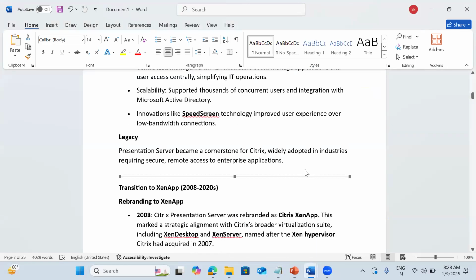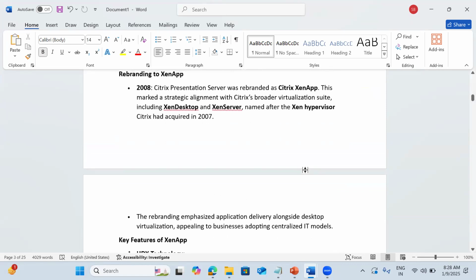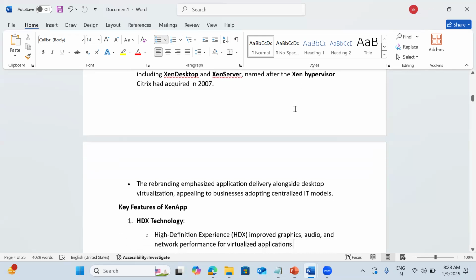The Presentation Server itself was rebranded. Why? Because they wanted to come into a virtualization suite, and they renamed Zen Desktop and Zen Server, called Zen Hypervisor also.